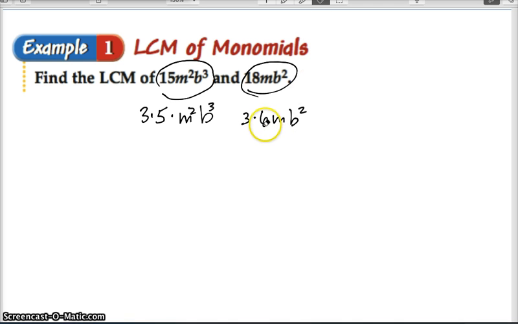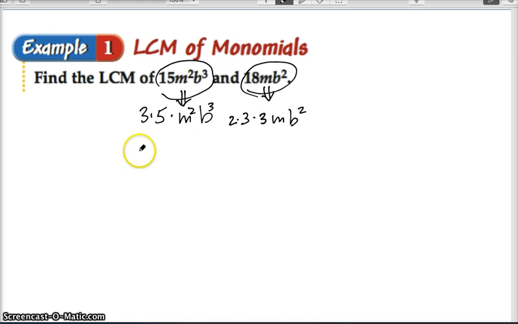So let me go ahead and change this 6 to a 3 times 2. You guys remember doing this, right? So I'm going to put a 3 here and a 2 here. So 2 times 3 is still 18. You guys see what's happening? Okay, cool. So I factored both of these completely, and I'm looking for the least common multiple, the number that